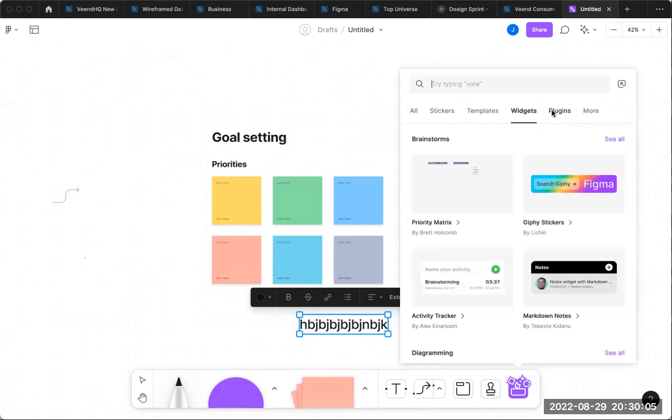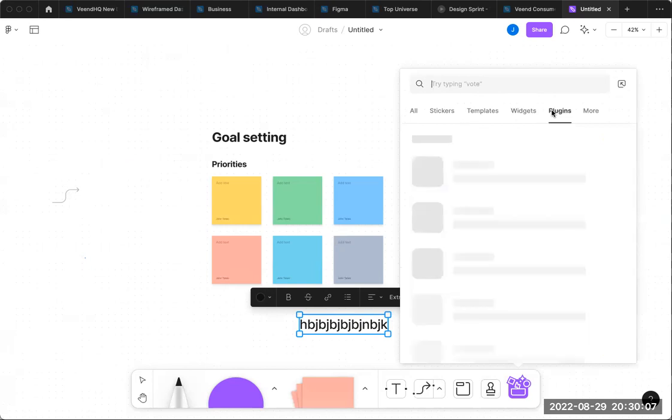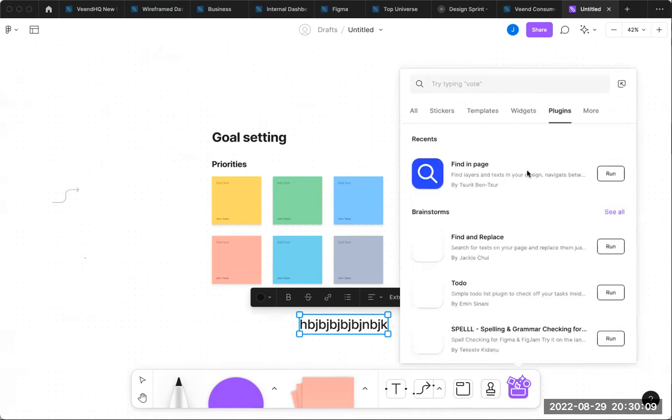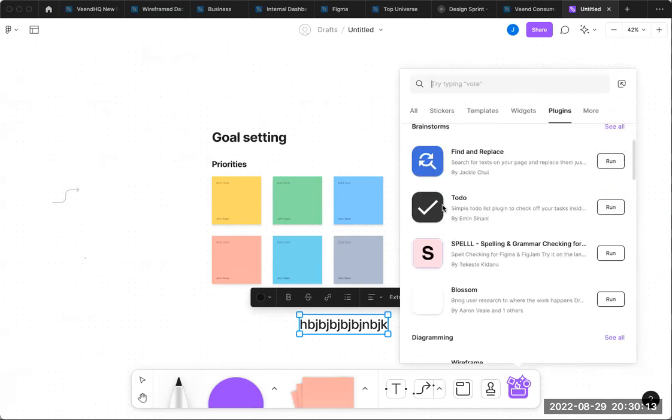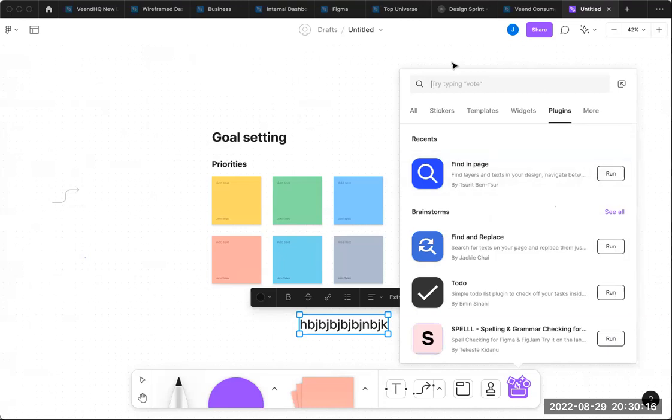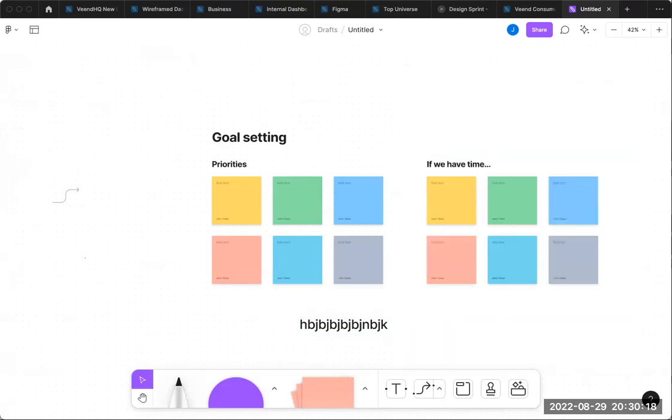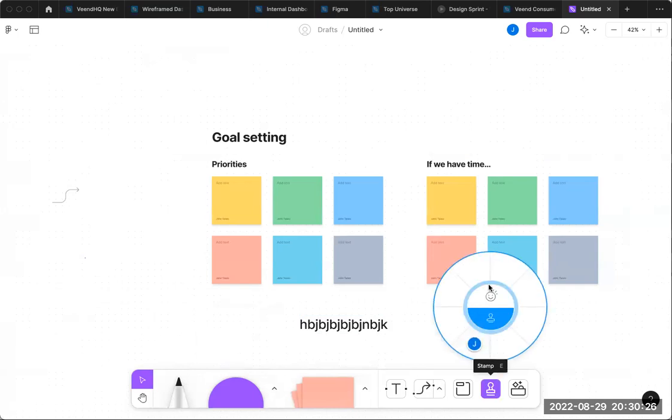So then you also have plugins you can use, just like you have in Figma. You can also bring that in. You have wireframes and all that. So you can basically do amazing stuff here. You can create sticker sheets, you can change the color, you can use shapes and whatsoever thing you want to do. You can also put stamps.